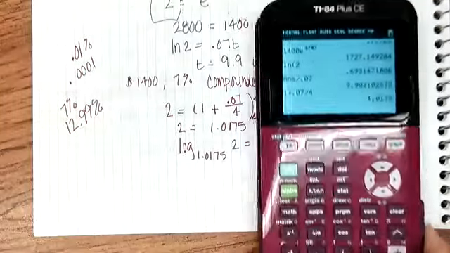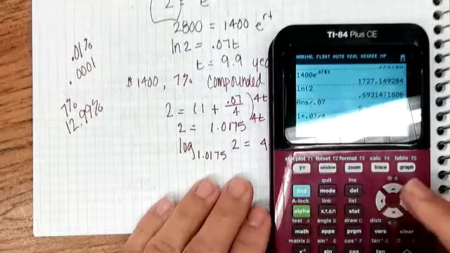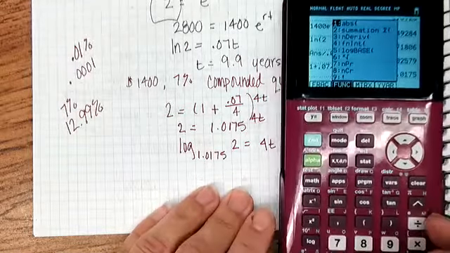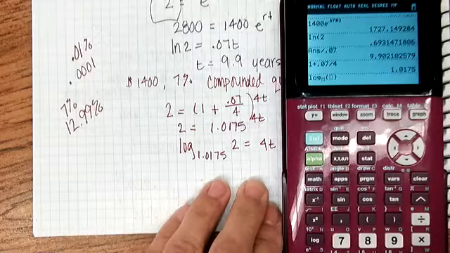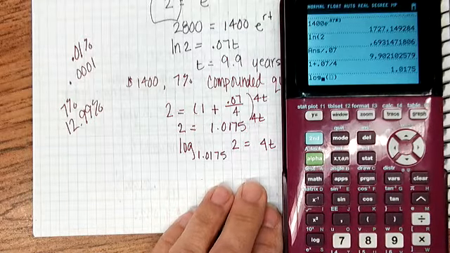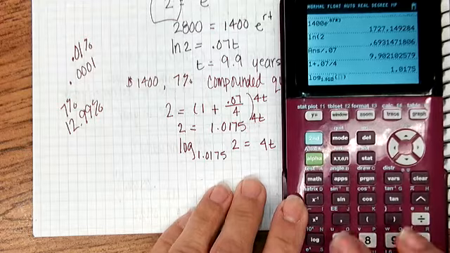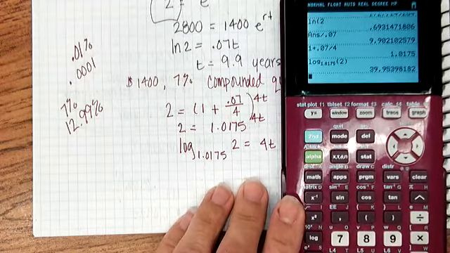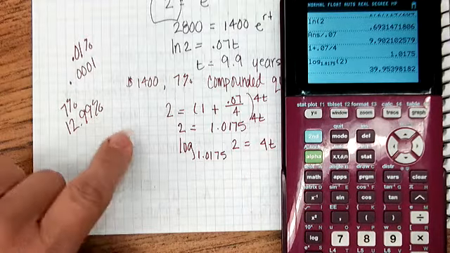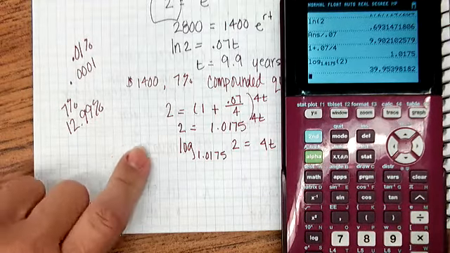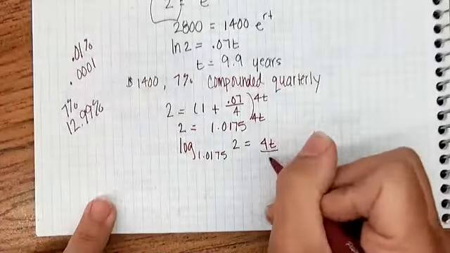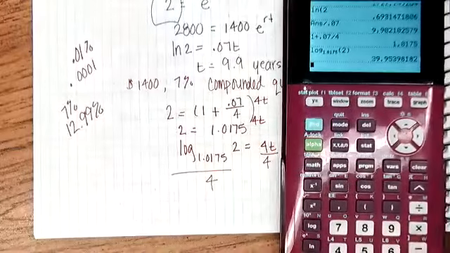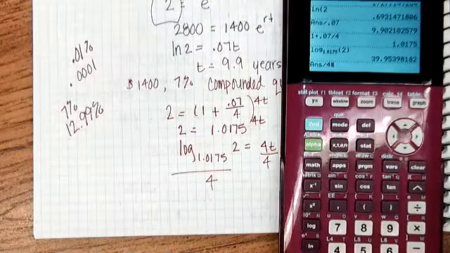Okay, so I'm going to do alpha window, number 5. So the base is 1.0175. You can always use change of base of 2. This number, I'm just going to leave in my calculator. And then to solve, divide by 4. So the number in my calculator divided by 4 is